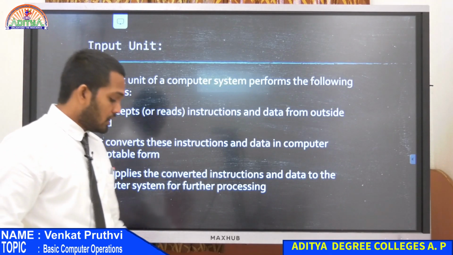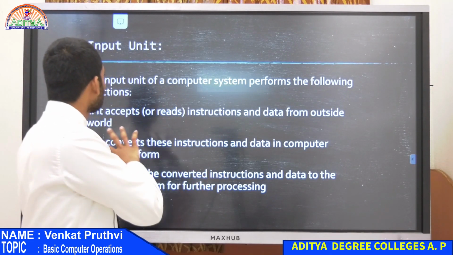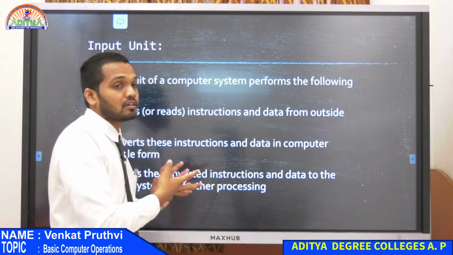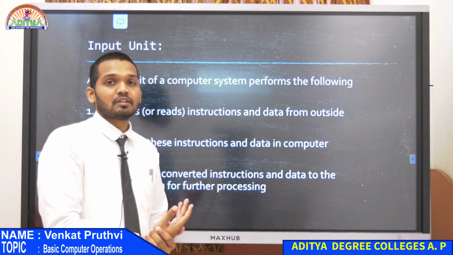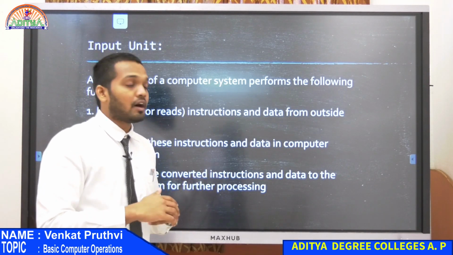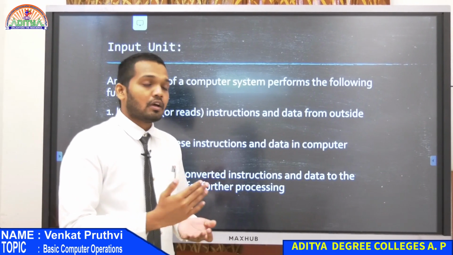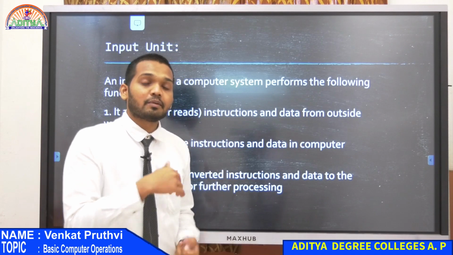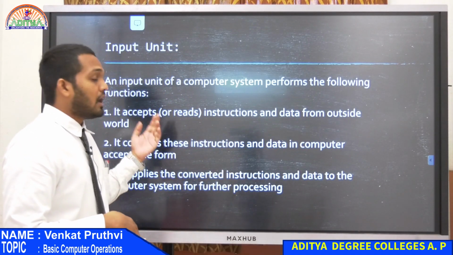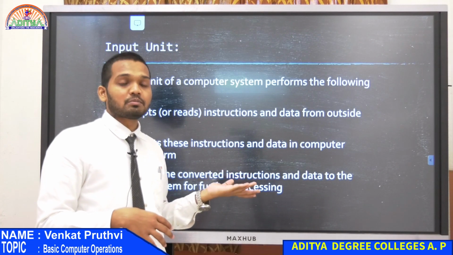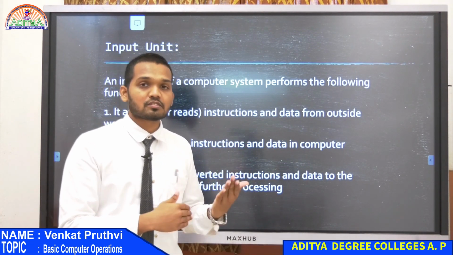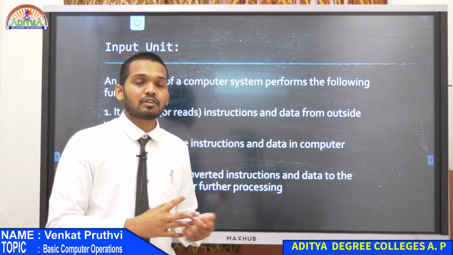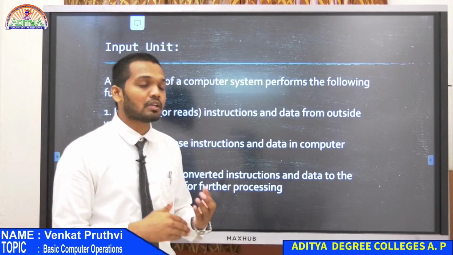Now we'll be moving on to the next part, that is the input unit. Till now we have just had a general idea about what a computer is, what different components it has, and what its different operations are. Once we understand the input unit, the output unit, and the different types of inputs we can have for a computer, we'll move back to the different types of computers. In this way, if we shuffle our units one after the other, we'll have a strong fundamental knowledge, as we'll be revising each and everything more than twice.